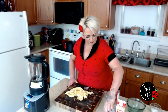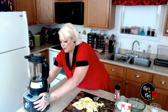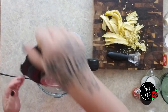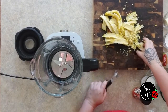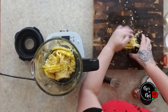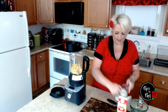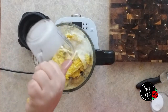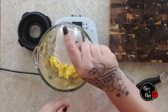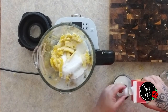I'm going to move this out of the way, and I'm going to pull my blender over. So I'm going to make this in my cooking blender. So we're just going to take the lid off, and we're going to take all of this corn and put it right down in the blender. And to this, I am going to add a half a cup of milk. I'm going to add a couple of tablespoons of sugar. I'm going to add a 1/4 cup of heavy whipping cream,